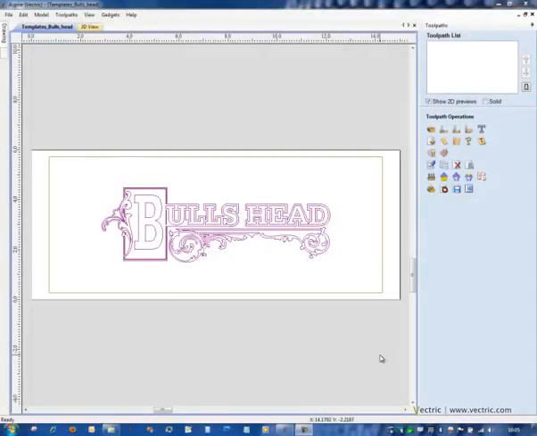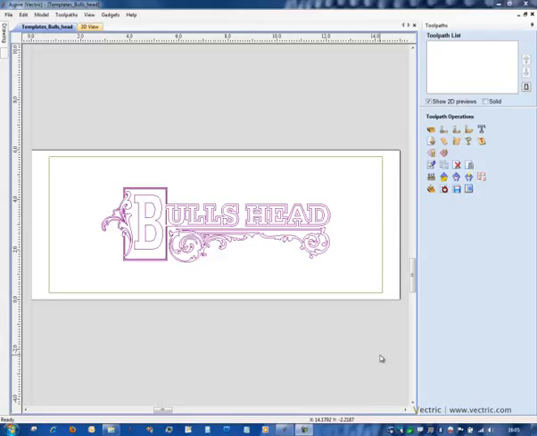In this demonstration, we're going to look at toolpath templates, a new feature of Aspire 3. Toolpath templates are a really great way of dramatically speeding up the process of reusing common strategies and common tool settings across different designs. So I'm going to start by creating a toolpath template, and I'm going to do it